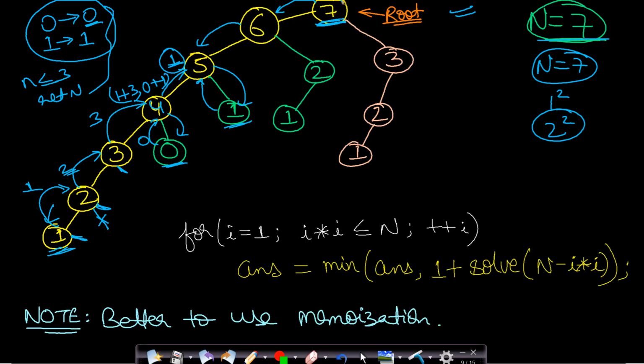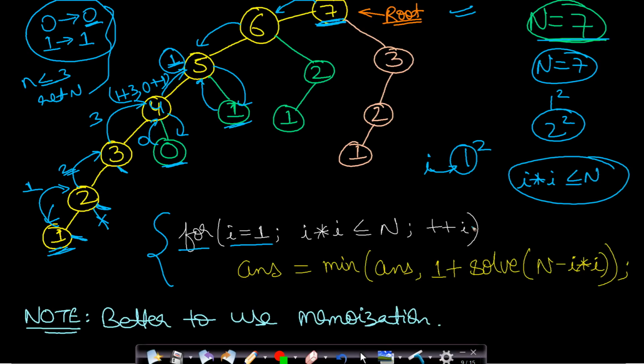Okay, so how do you implement this? These are the 2 lines which are very helpful for implementing this approach. This for loop is creating the breakpoints. Your breakpoint can start from 1 square, that is why i is equal to 1. And you cannot go out of bounds, that is, you are taking everything in square. So i into i should be in bounds, that is, it should be less than or equal to n. And you will increment i by 1.